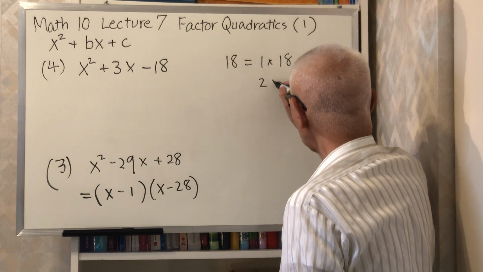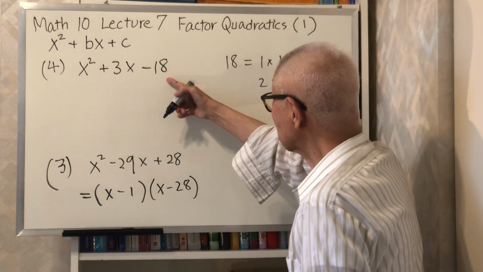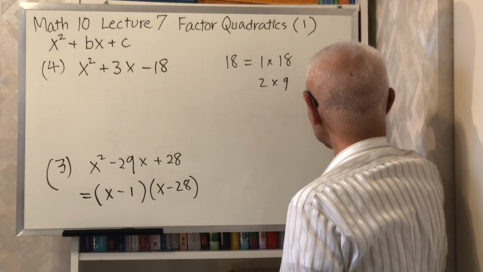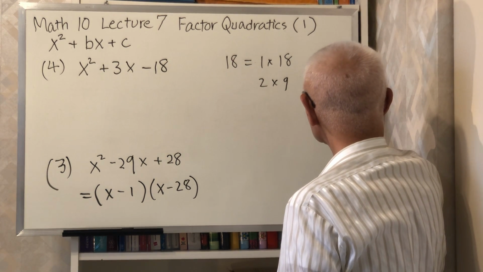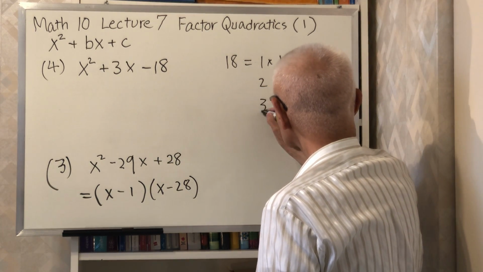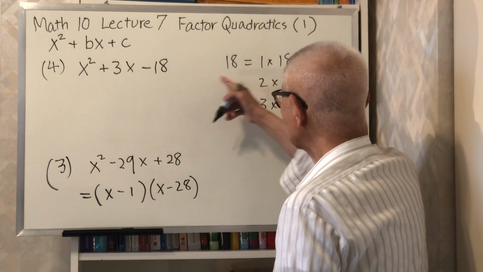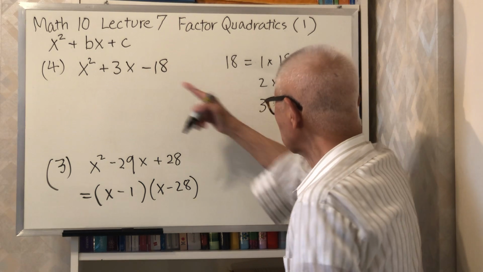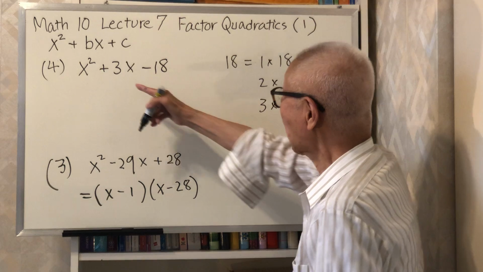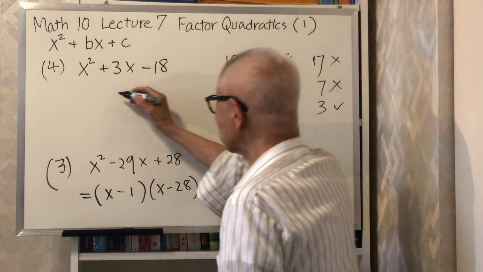And then 2 times 9 is 18. I must take the difference. The difference between 2 and 9 is 7. No, that's not right because I want 3. So the next is 3 times 6. 3 times 6 is 18. And the difference, see this minus, the difference between 3 and 6 is 3. I want a difference of 3. Now I write